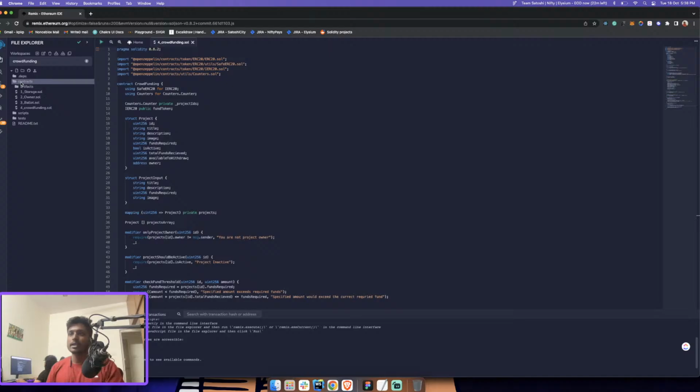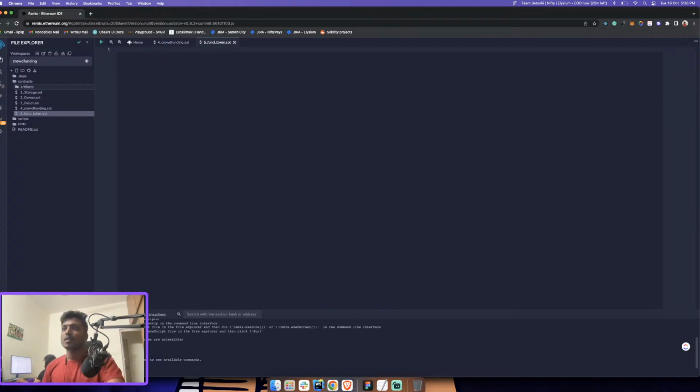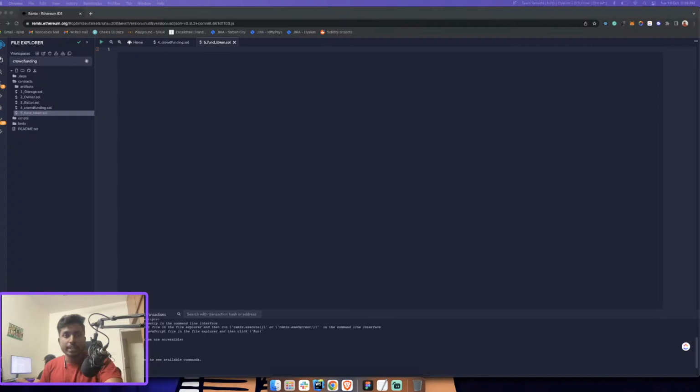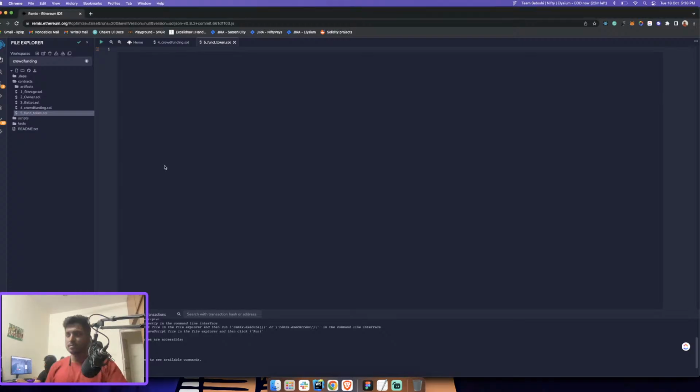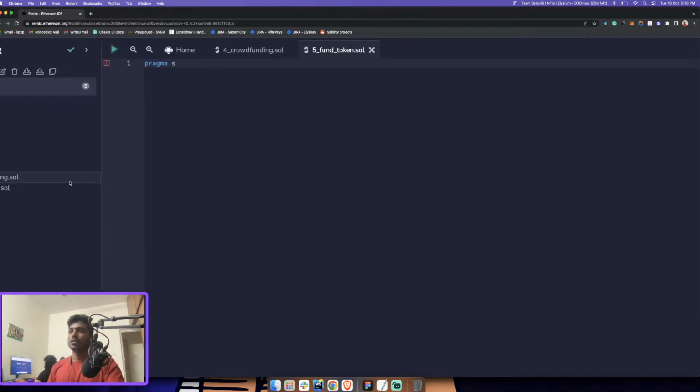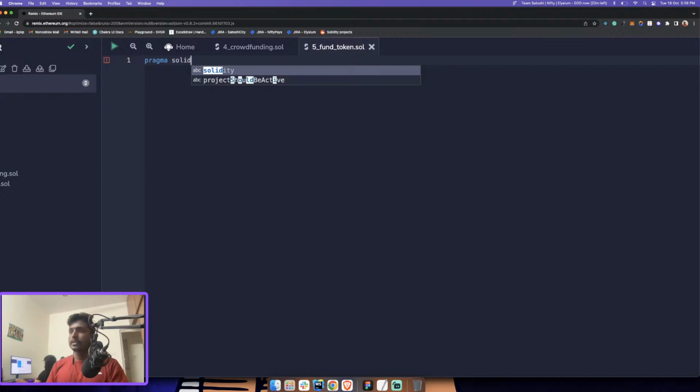It's very simple. ERC20 token contract is really simple. So here we'll say 5_fund_token.sol. Okay, fund_token.sol, and an ERC20 contract is like max 10 to 12 lines. So here we'll say pragma. Oops, let me zoom in. Solidity